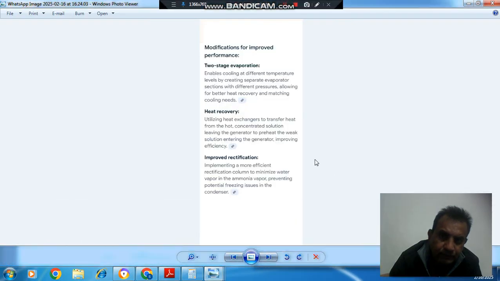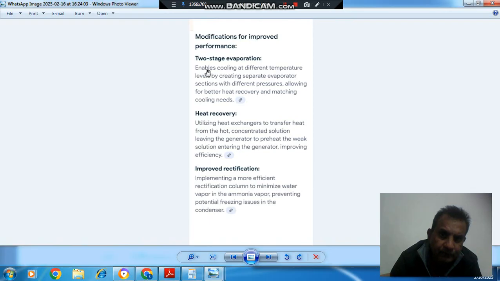Now, modifications for improved efficiency. Two-stage evaporation enables cooling at different temperature levels by creating separate evaporator sections with different pressures, aligned for better heat recovery and matching cooling needs. Next is heat recovery,